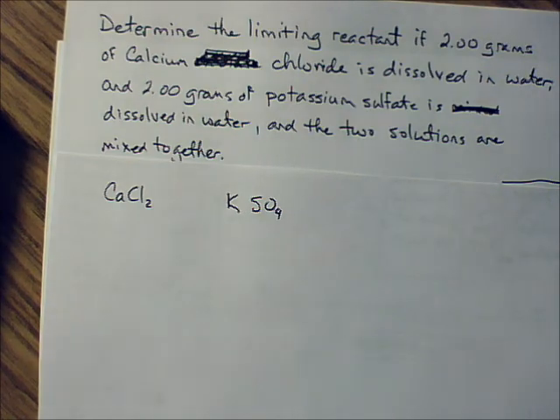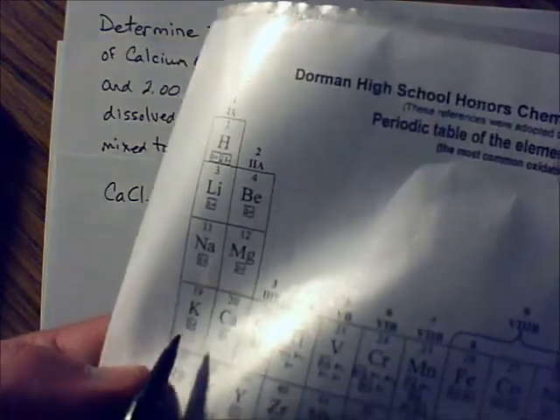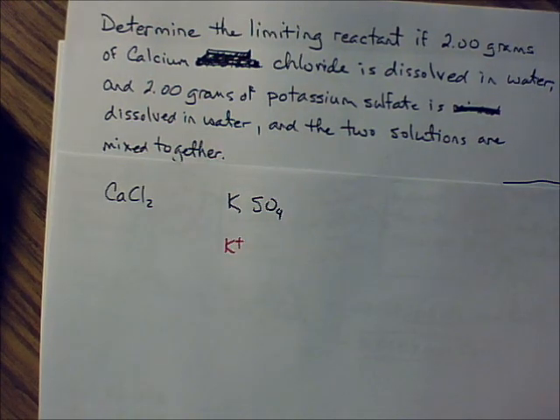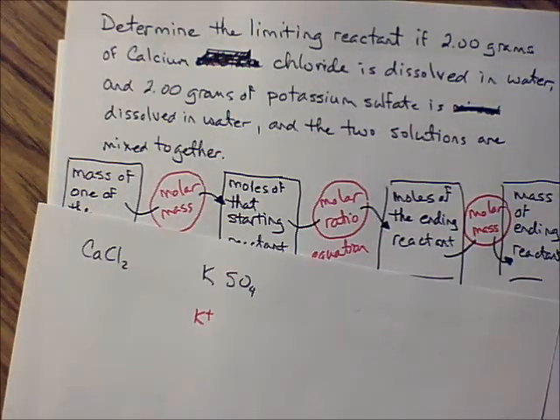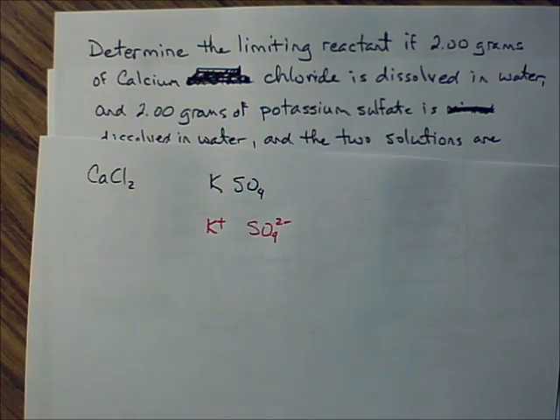So I'm going to go to my periodic table that has the oxidation numbers to find potassium. Okay, and it has a 1+ charge. So if we need to balance it separately, we're going to put potassium with a 1+ charge down here. Sulfate's not on the periodic table itself, it's in the common ions list. So you go to your common ions list and you find sulfate. And if you search around long enough and carefully enough, you'll find sulfate on here. It has a 2- charge, yes. Okay. So SO4 with a 2 negative charge. And so the way I've shown you to do this math, and I would suggest, Dick, that you do this math every time if you're not good at that,